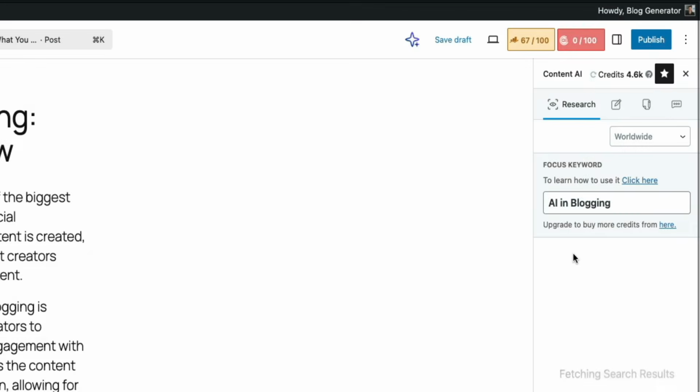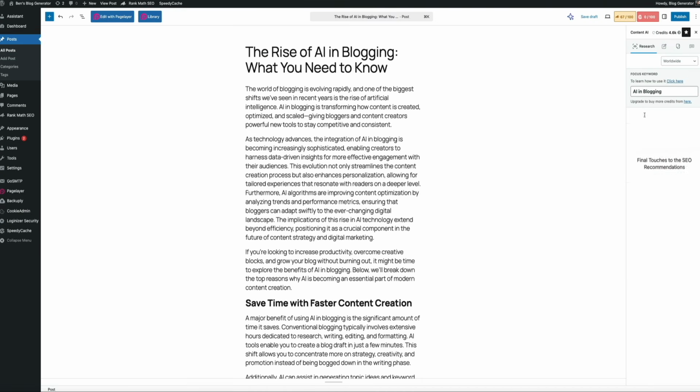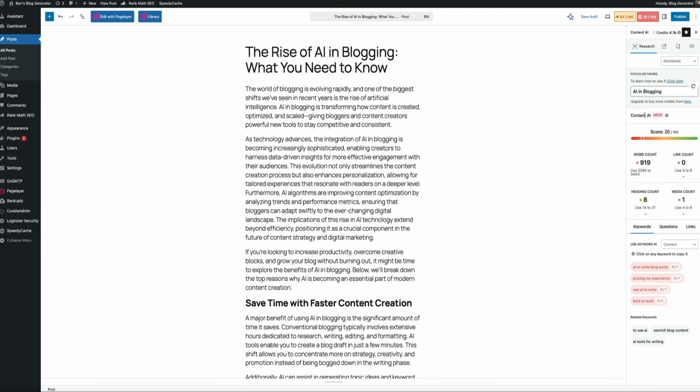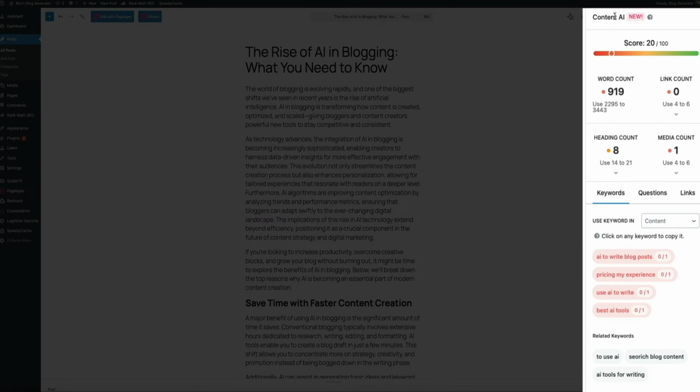And then after a few seconds, Content AI will display detailed keyword insights, including an overall Content AI score, which shows how well your article is optimized for that topic. Below that, you'll find useful metrics like word count, heading count, link count, and media count, all with recommended ranges to help you structure your posts for better SEO performance. And the goal here is to match your post to the ideal balance of content length, internal links, and media